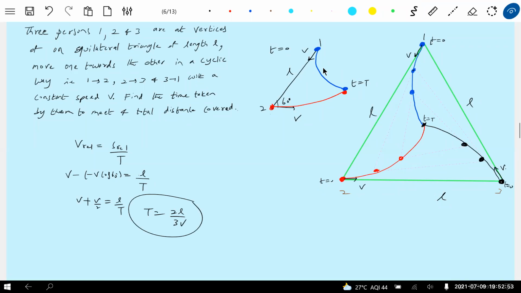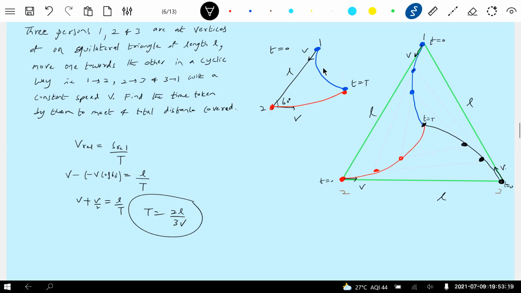So we are not understanding this. Relative velocity along the path, along that initial line, V cos 60 minus V. Why negative sign? If I take this as positive, V cos 60 should be negative, no? So what is the relative velocity along the initial path? Along this initial line joining 1 and 2 should be V minus of minus V cos 60. So applying the relative velocity concept.